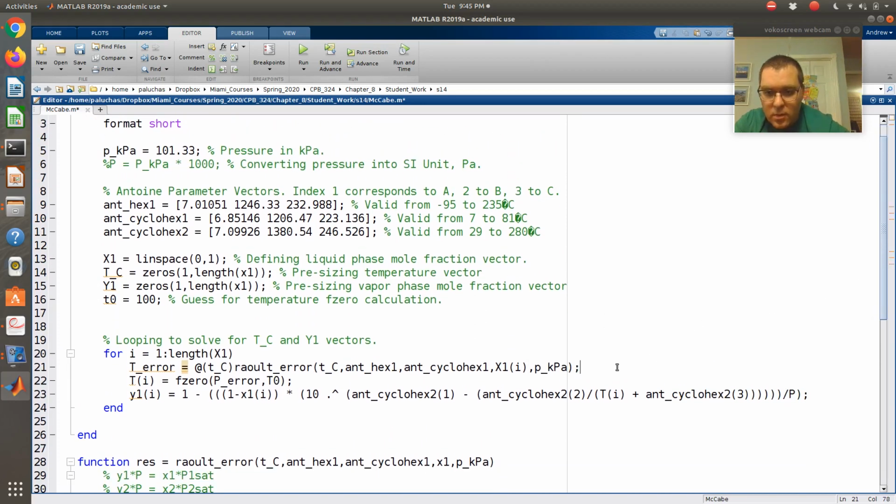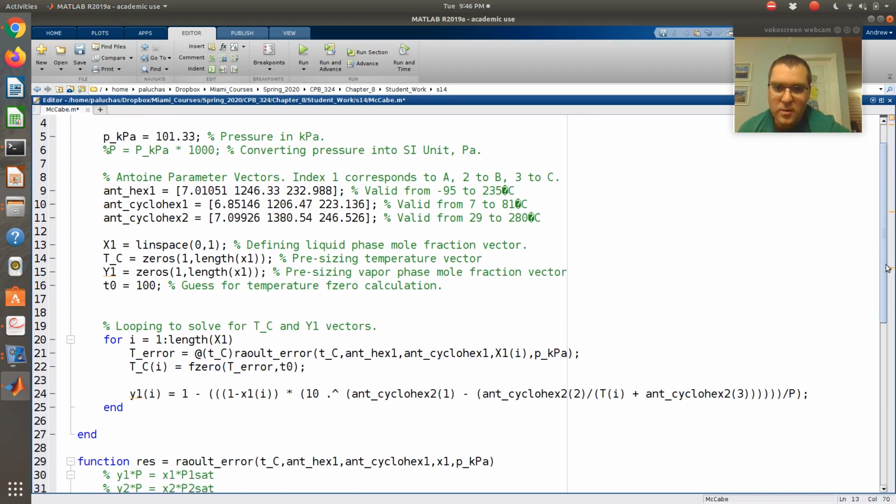Okay, cool. So then the ith element of my tc vector would be f0. Now I call this t error, and I can use an initial guess of t naught. Okay, fine. Now then, the question is, once I solve for t,